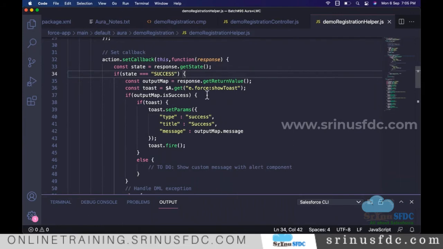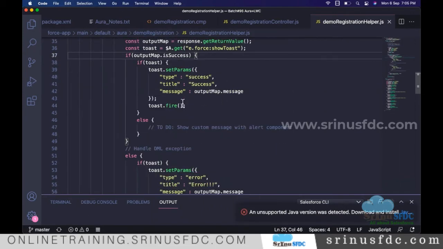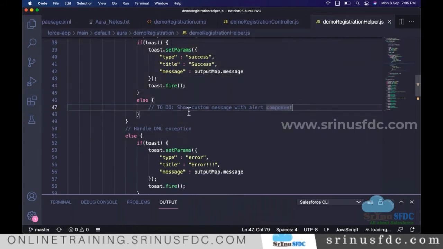Once we get the response, if it succeeded, we are trying to show the toast message, but the toast message won't display when we use the application. Wherever the toast message is not supported, I'm going to show one message which we are going to develop in a custom way. Okay, so here to show that message on the UI,